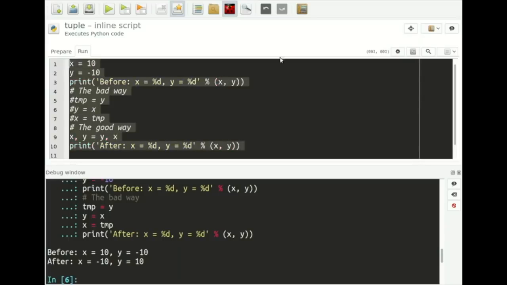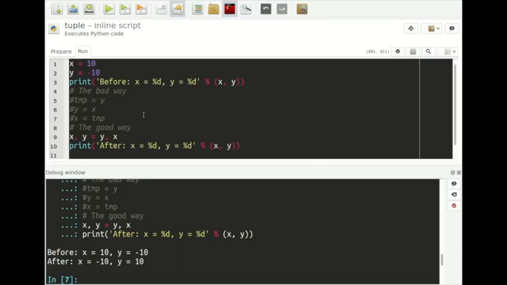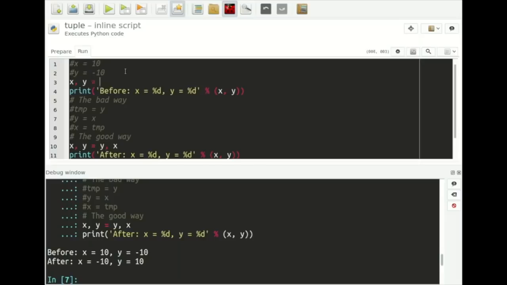Now, if I take this and execute it, you see that it does exactly the same thing as the bad way. So x goes from 10 to minus 10 and y goes from minus 10 to 10. But it is better because it is only one line of code, and it is also, in my opinion, much easier to read. Now, you can do the same trick here. So instead of saying x is 10 and y is minus 10, you can say x, y = 10, minus 10. Right? So whenever the number of items on the right-hand side matches the number of things that you unpack on the left-hand side, and this also needs to be a tuple, a particular Python data type,